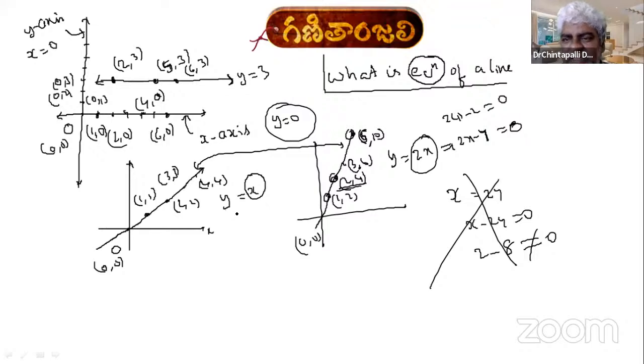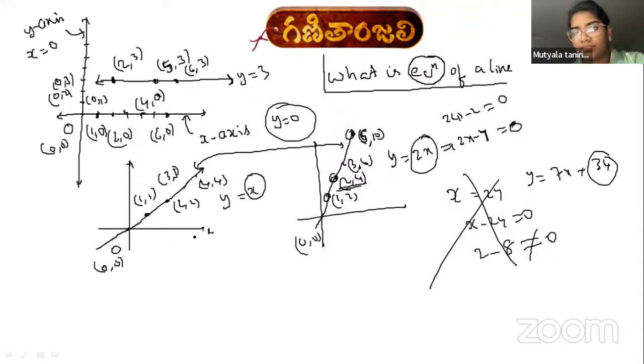That's why there is no constant term. What's a constant term? For example, y is equal to 7x plus 34. It is called the constant term. There is no constant term in these two equations, because these two lines are passing through the origin. If a line is passing through the origin, the constant term is missing in the equations of a line passing through the origin. If we take another example,